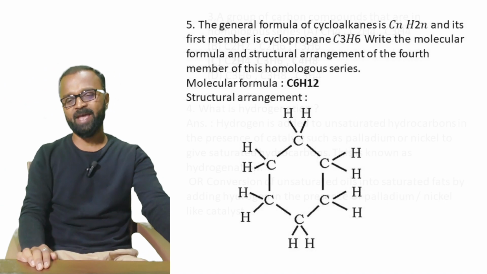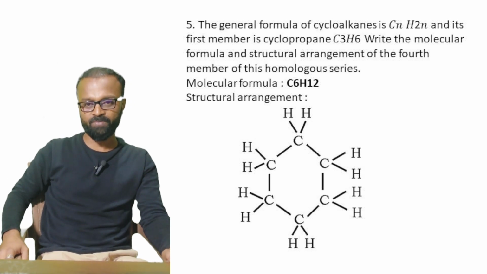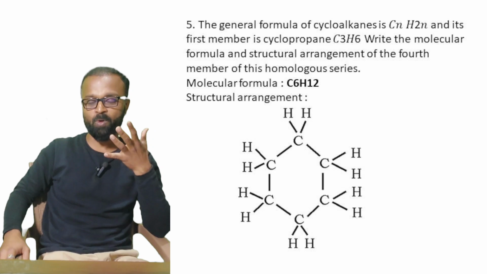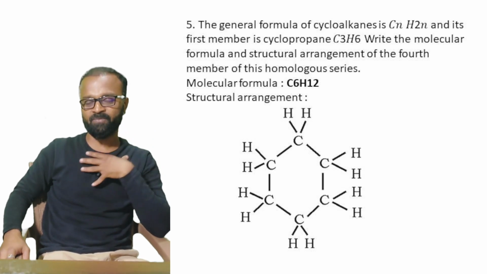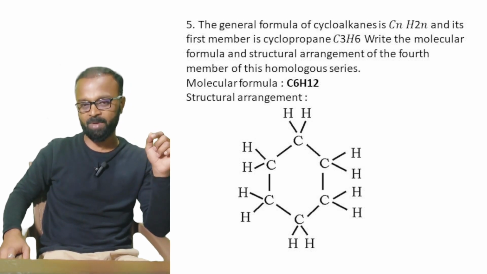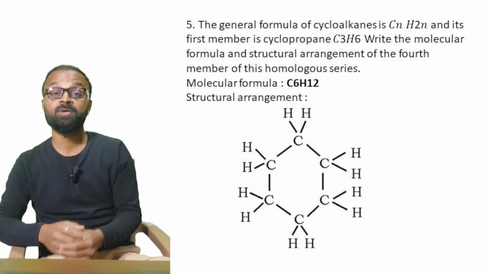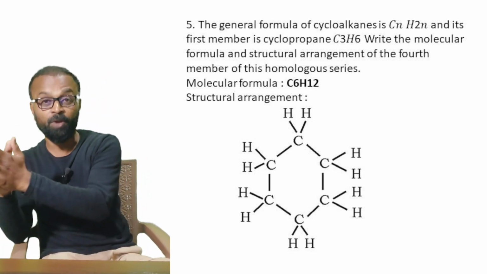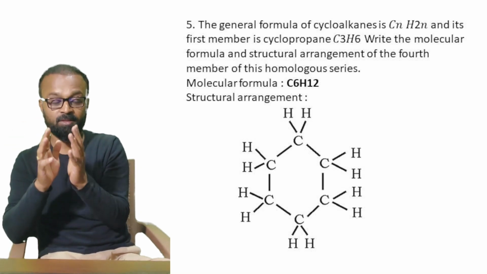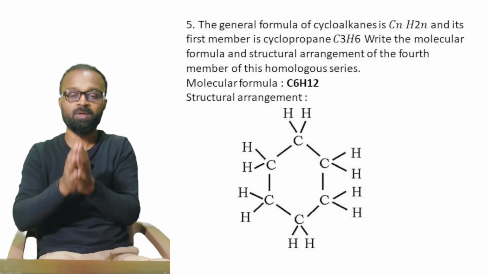Next one, general formula of cycloalkanes. Why I picked this question? This is a very simple question, but yet so many of them get confused whenever they are giving the example of, say for example, cyclohexane. Hexane has six carbon atoms, double it and add CnH2n+2, so we get C6H14. When it comes to the cycloalkanes, the formula for that will be CnH2n only, because when you're writing